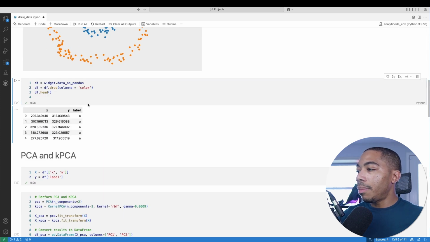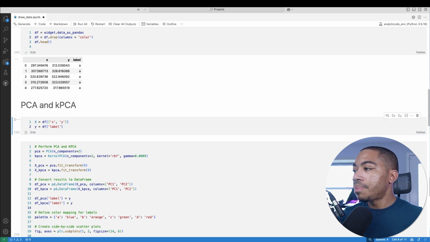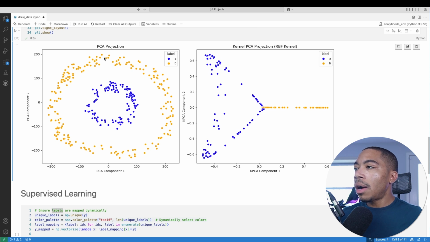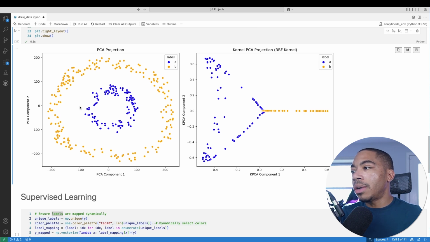Let's update our data frame by running this cell. Let's update our X and Y by running this cell here. And then let's just run this again. And you can see how with our linear projection with two variables, again, this left side makes a little bit less sense, but it helps us to understand what the right side is seeing. So here, by using this radial basis function kernel, we're getting a different separation because of the way the kernel is projecting this data into a different dimensional space. And we have a linear separation of the blue and the orange points when you can see that they are not linearly separated here. And this is the importance of using various kernels depending on what your data looks like,